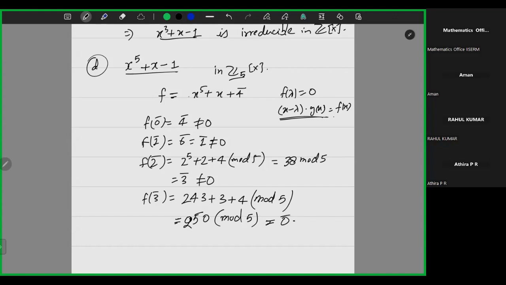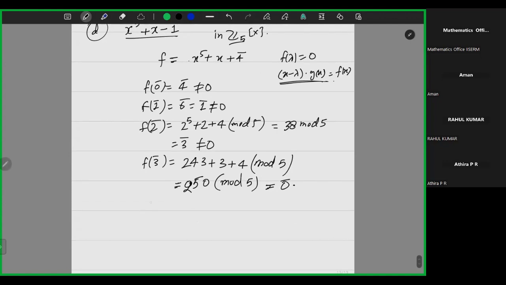Is it a root of f? Okay, so from here it is clear. Okay, f is reducible